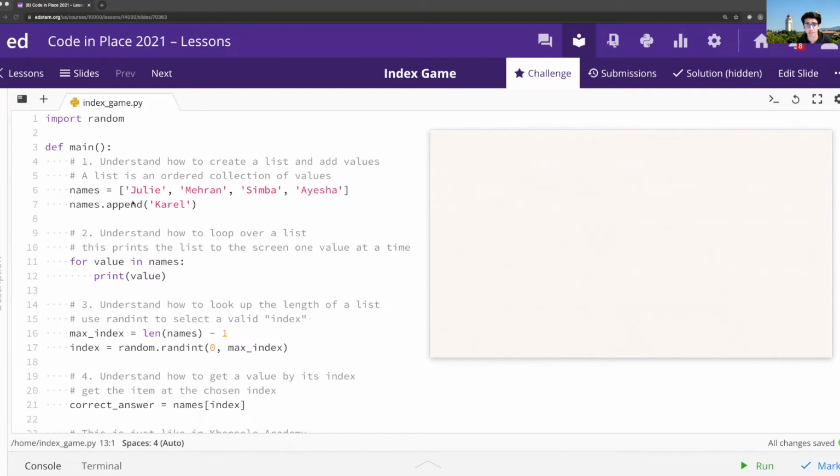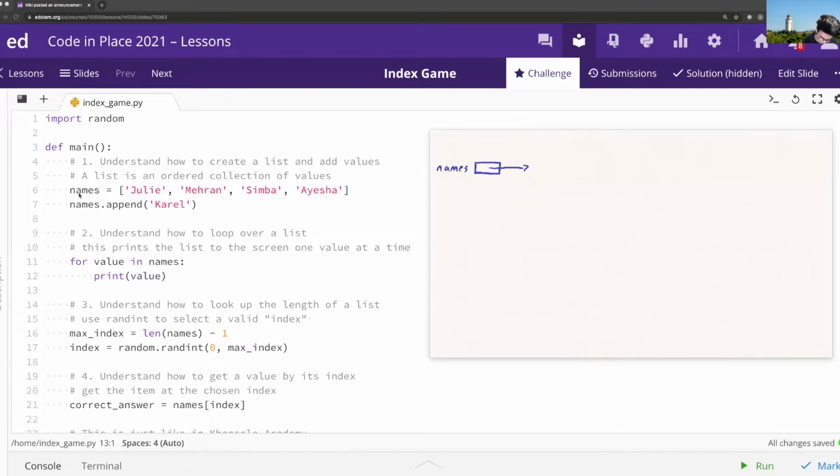So let's start by looking at line 6 of this program, in which we define a list called names with 4 strings inside it. I think it's a really good idea as we look at programs like this to start drawing out what our variables look like. So let's go ahead and do that here. So we have a variable called names, which is a reference to a list in our memory. The way I like drawing that out, like I did in slides, is have a box with an arrow pointing at the list we care about.